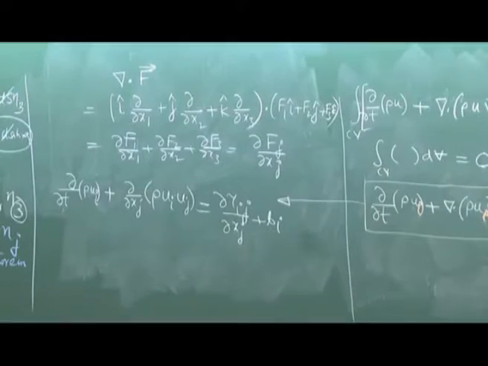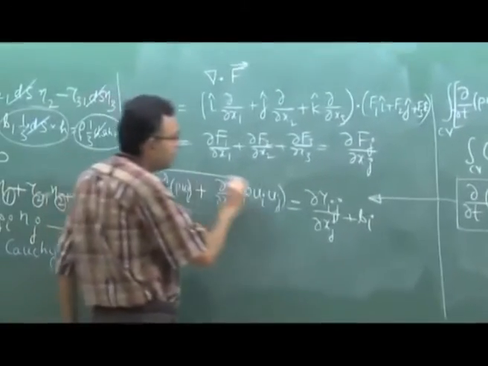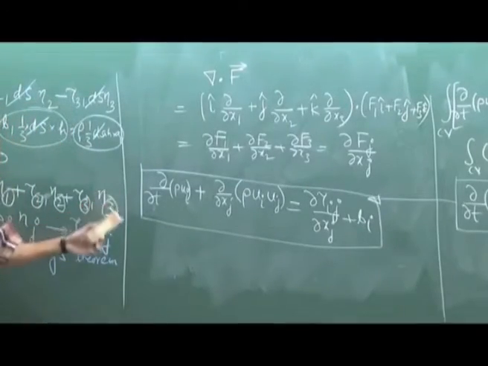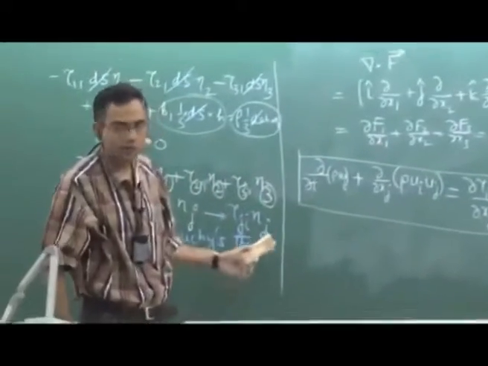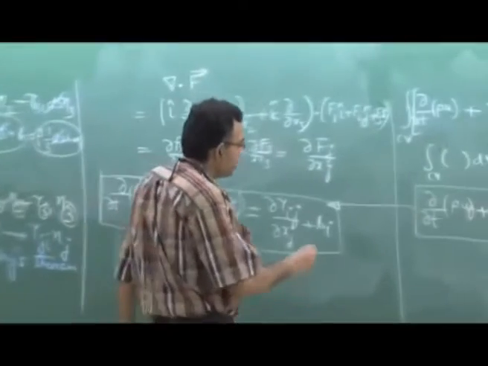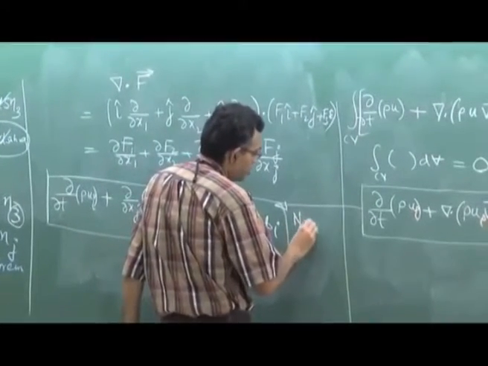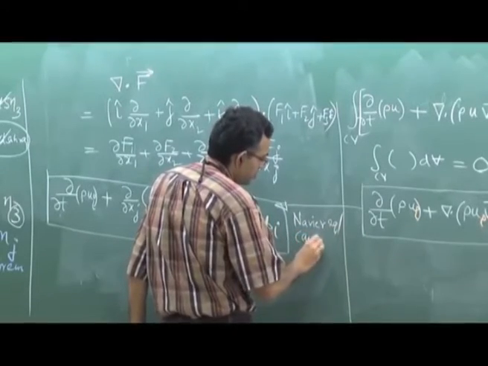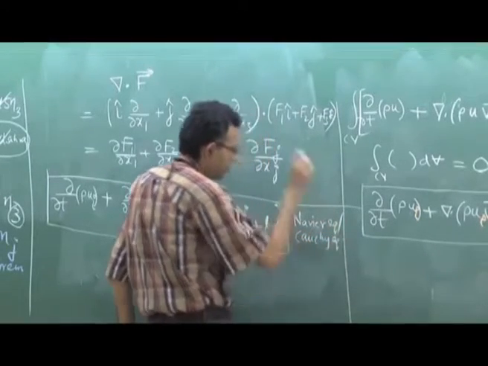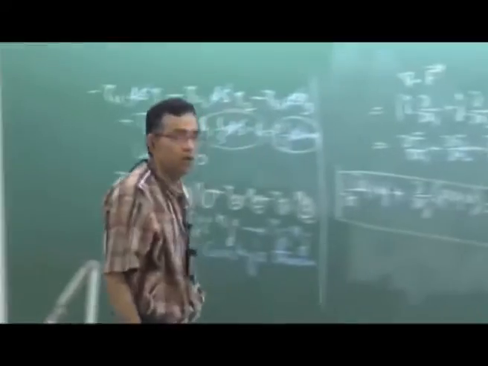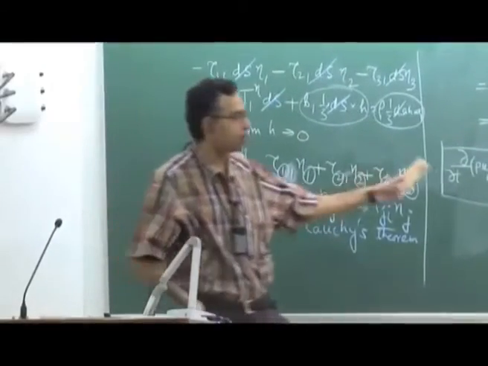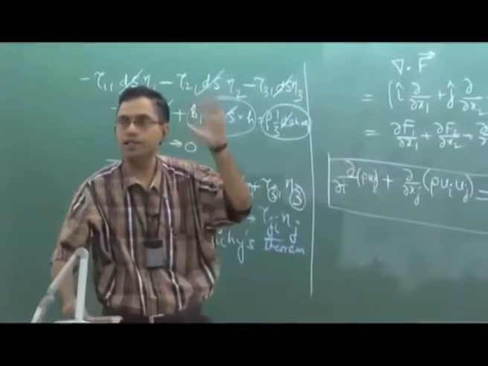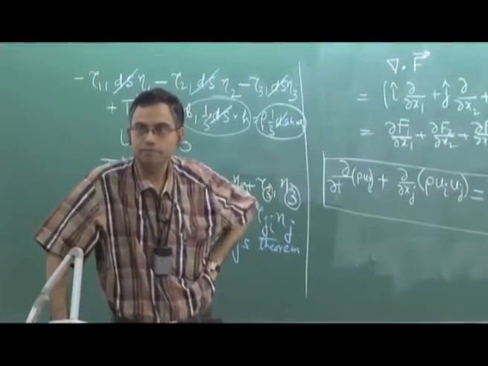This is an alternative index notation of writing the same equation. This equation, either the vector form or the index form, is known as the Navier equation or Cauchy equation. What are the assumptions under which this equation is valid? We will look into this equation very carefully, but first, what are the assumptions under which it is valid?